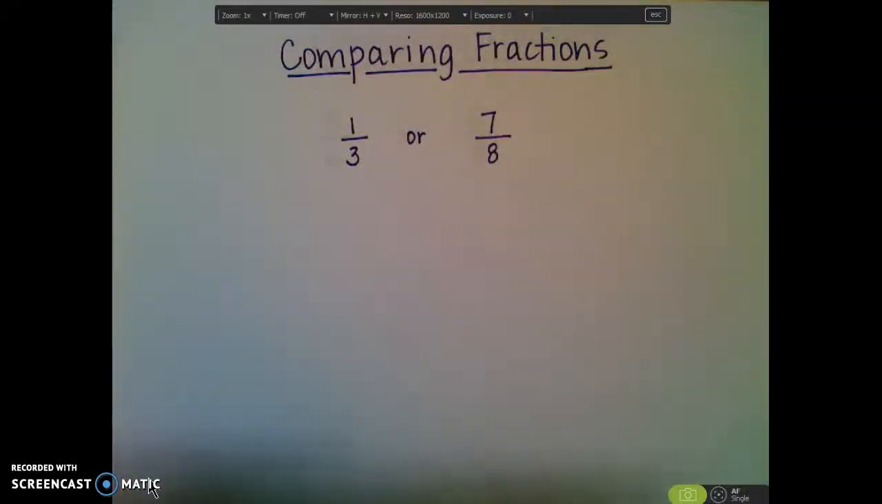Okay, hi guys. Today we're talking about comparing fractions, and so here is a quick tutorial, just a quick reminder about how we do that. Okay, so when we compare fractions, the first thing that I can do is